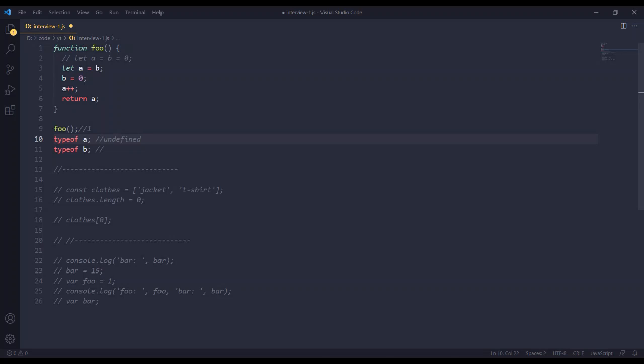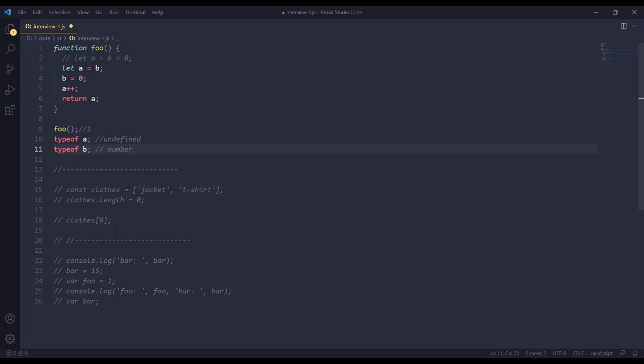And typeof b: b is a global variable right now, so it's accessible anywhere. b is 0, which means number, and typeof number is always number. So here are the two answers: typeof a is undefined and typeof b is number.